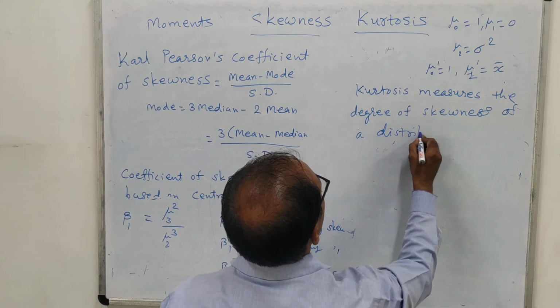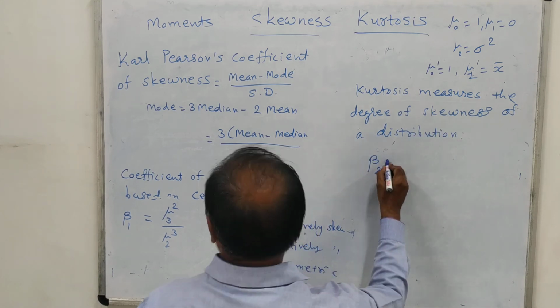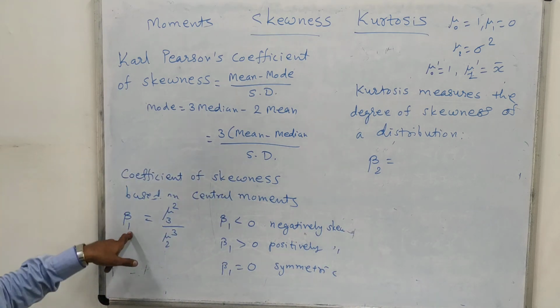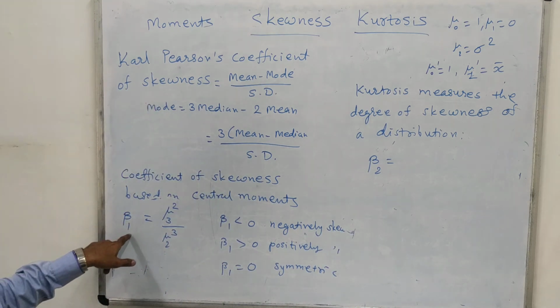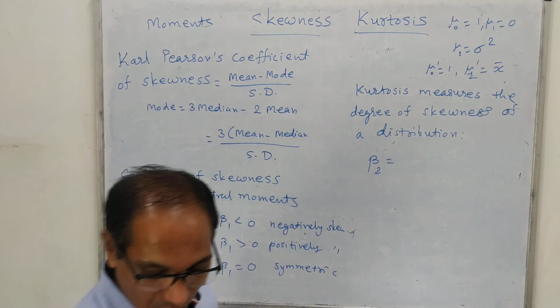This is also very simple, and it is denoted by beta 2. So beta 1 is the coefficient of skewness, and beta 2 is kurtosis. Beta 2 is obtained as